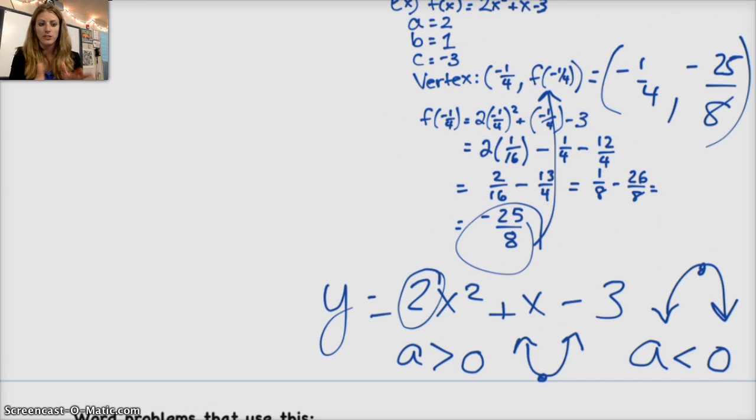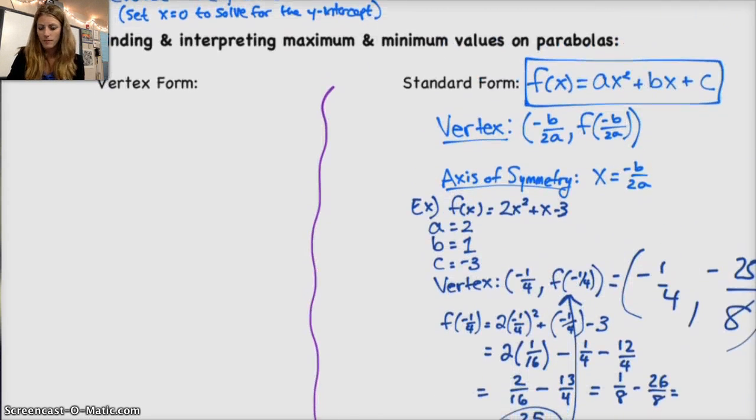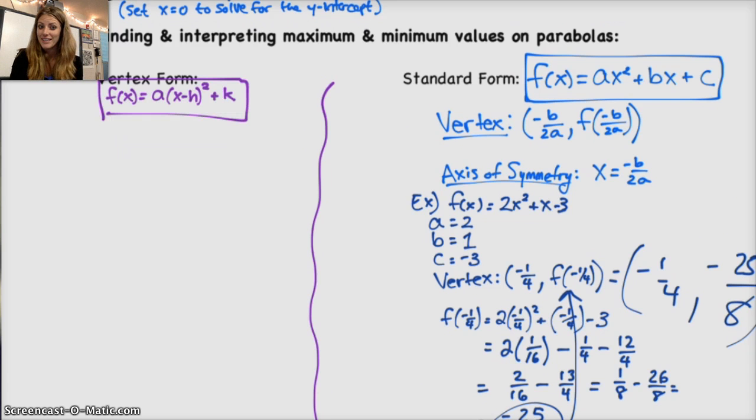All right, let's look at a similar situation, but for vertex form. If the function starts in vertex form, which is f of x equals a times (x minus h) squared plus k, then the vertex is super easy. It is literally h comma k. And remember, since that's a minus h, and since it's your horizontal shift, which is opposite of what you think,